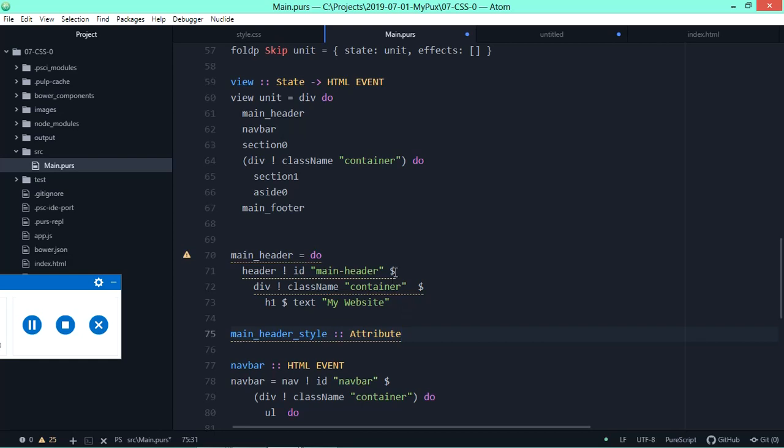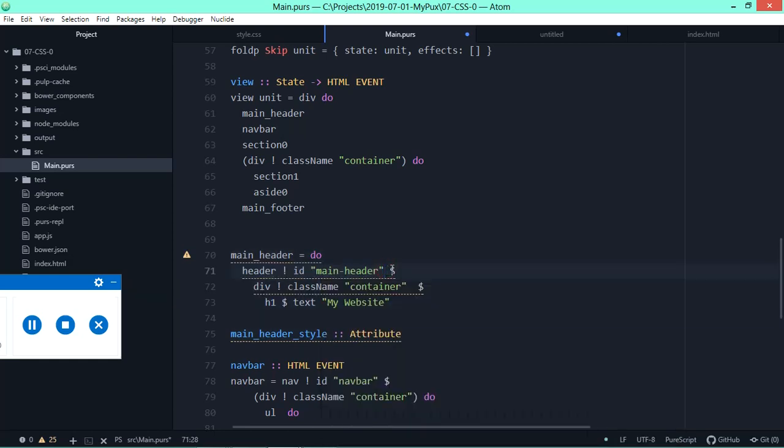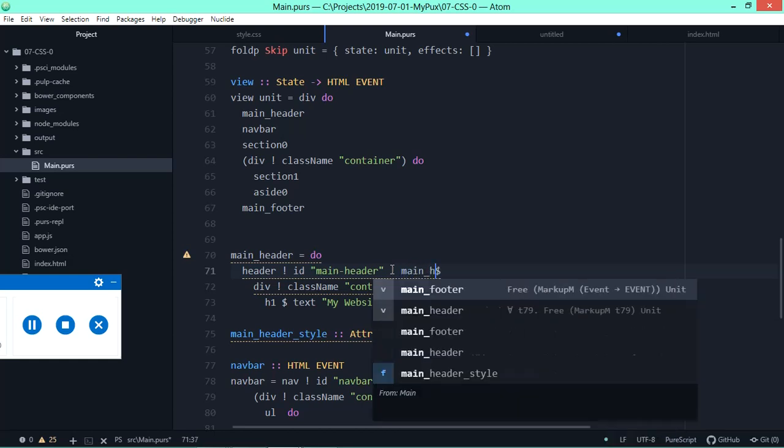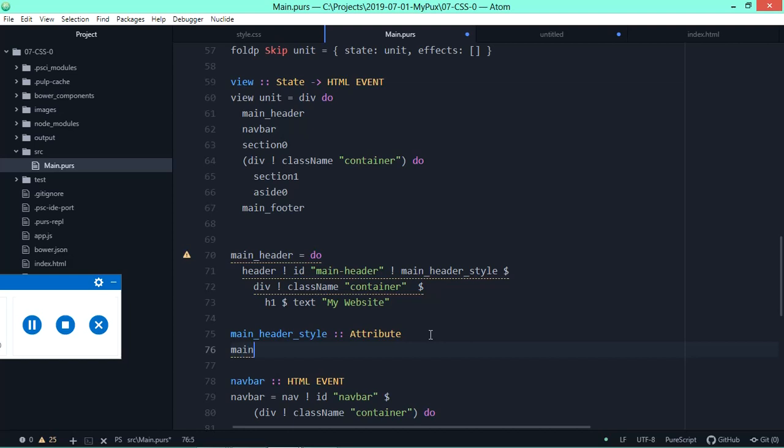All we're going to do is attach it to our header HTML as follows. And the way we do that is very simply, we have bang, and then headerStyle. Okay, so there we go. Now all we have to do is define it. So the way that we define it is simple. Your mainHeaderStyle